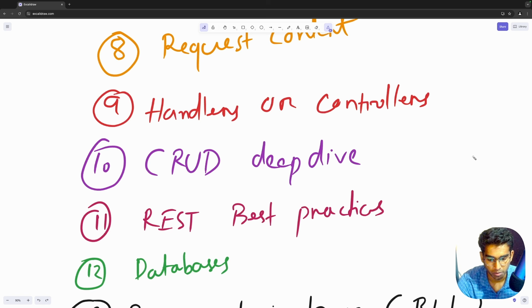For example, the POST method is usually used for creation and submissions, and the status code is usually 201 Created, or 400 if it's a bad request. And GET requests are usually associated with fetching a list of resources or fetching a single resource. And we have PUT and PATCH to update resources and DELETE to delete resources.